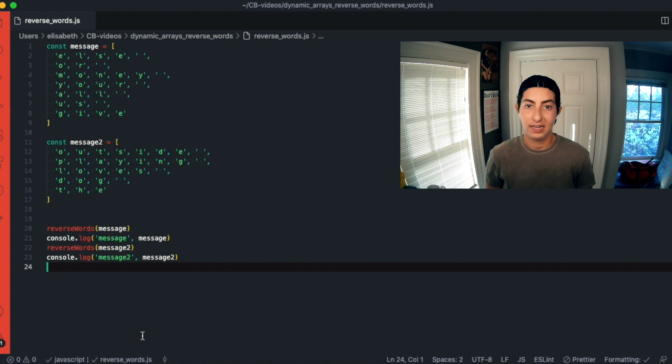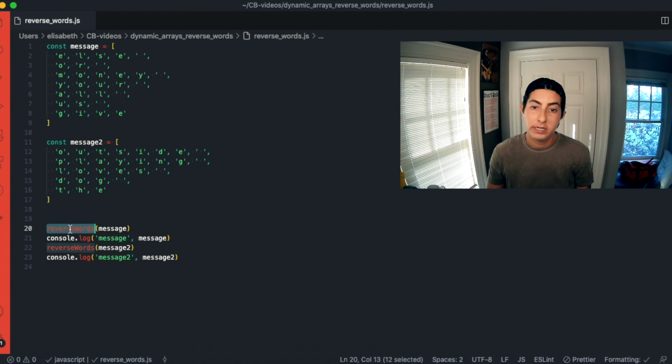As you can see, here is my JavaScript file in Visual Studio Code with some example test cases. I have a message, which is "give us all your money or else" reversed, "or money your all us give." And then I have another message, which is "the dog loves playing outside" reversed, "outside playing loves dog the," right? And what I want you to see and notice here right away is that what I'm doing is I'm actually